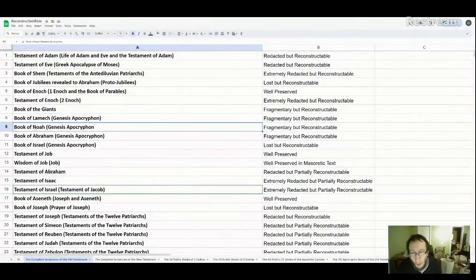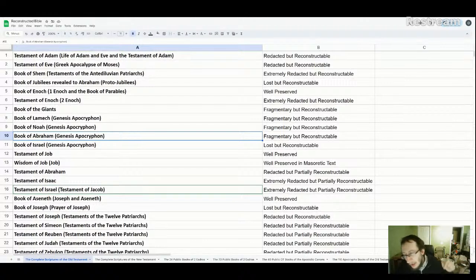So for the Book of Noah, we have the fragments from the Dead Sea Scrolls, and they're pretty good fragments. We have a lot of it. Now, some columns are more fragmentary than others, but we have a good overall fragments of it. Next, if this is indeed the true Book of Noah, then that means anything written after about Noah got the information from the Book of Noah. So the Book of Jubilees, where did it get that information? Well, Jubilees says it got it from Book of Noah. So we know Jubilees used the Book of Noah as one of its sources. But where did Genesis get the information about Noah? It too got it from the Book of Noah.